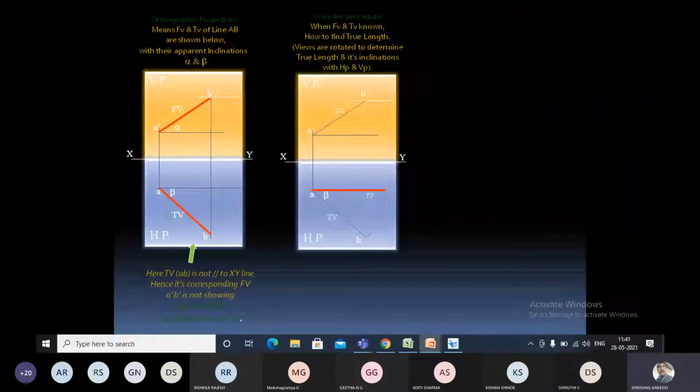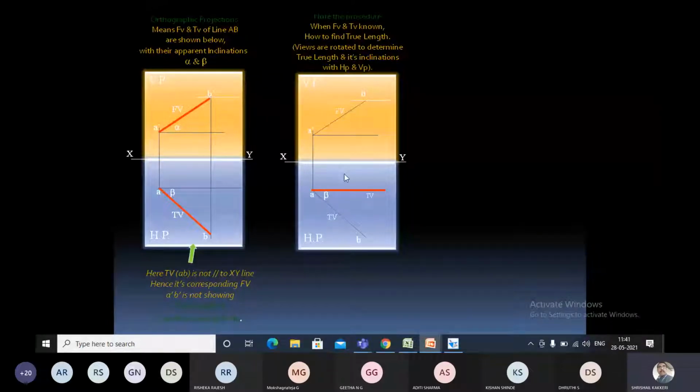First, in the beginning, what I'm doing, I want to show the apparent length of this line. The true length is there. See, look here, very simple concept: these are the true length of the object, and this I want to write as the apparent length of the object.